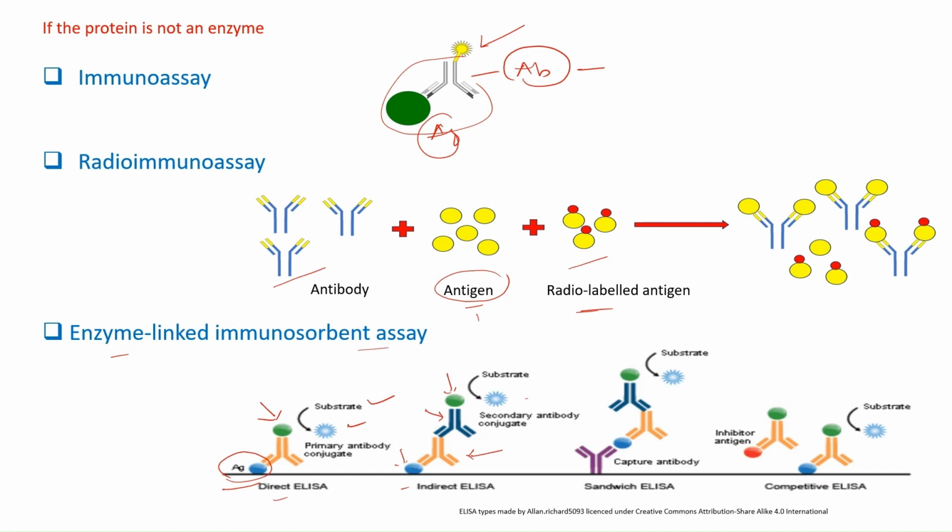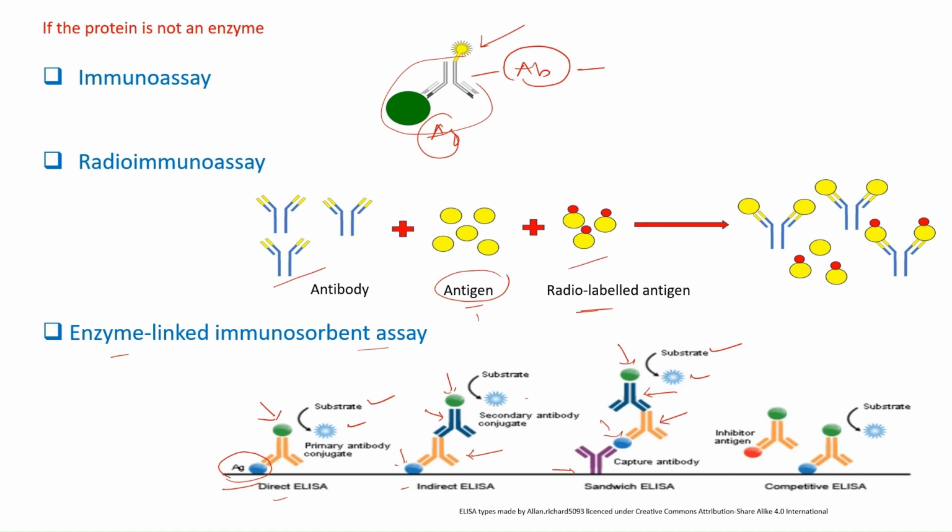Sandwich ELISA: in this, we bind an antibody first on a plate, then we flush our sample antigen over the antibody. If our antigen is present, it will bind to the antibody. To this, a primary antibody is bound. And again, a secondary antibody is bound, which is linked with an enzyme to convert the substrate into an observable product. And by seeing the result of the observable product,